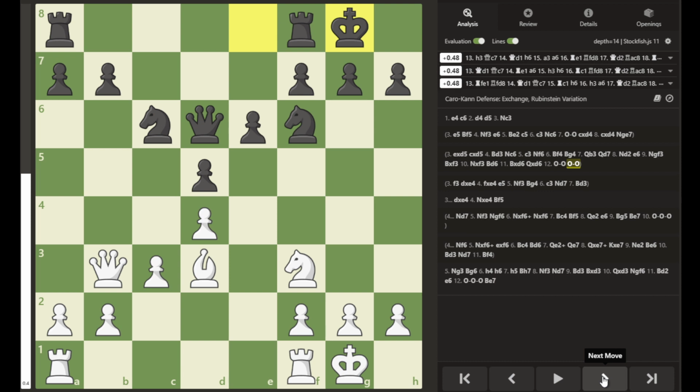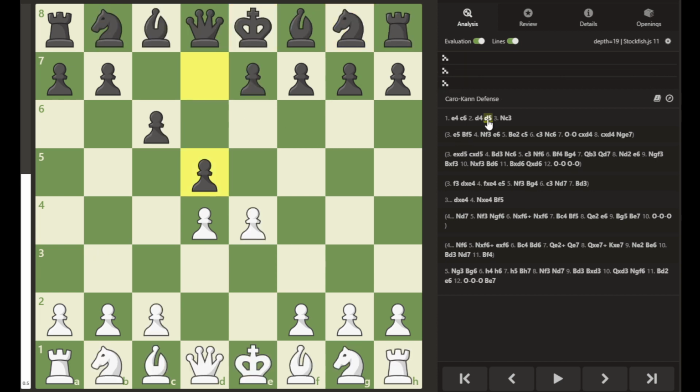So this is one other option, the exchange variation. And these are some of the moves that may play out. You have to try these different variations yourself, see which ones you prefer. And if we go back to the first few moves, e4, c6, d4, d5, and instead of the knight to c3 move, the advance or